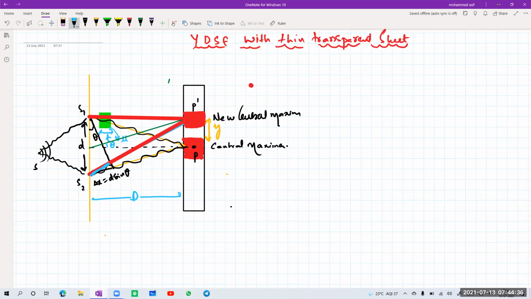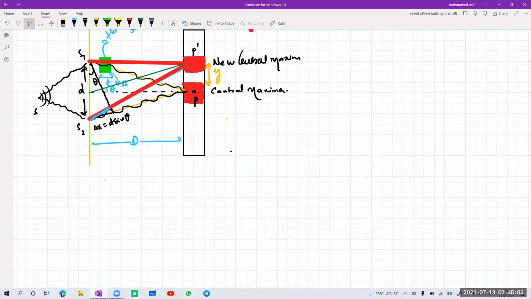So what I mean to say is, whenever you keep a thin transparent sheet of refractive index mu and thickness T, what happens to the central maxima? It will shift in the direction of your thin sheet. So I'm writing here, whenever a thin